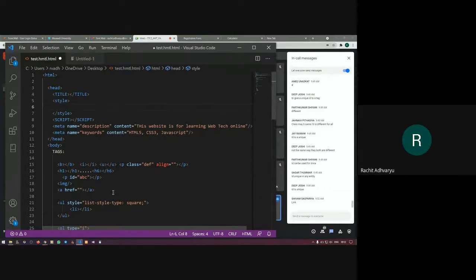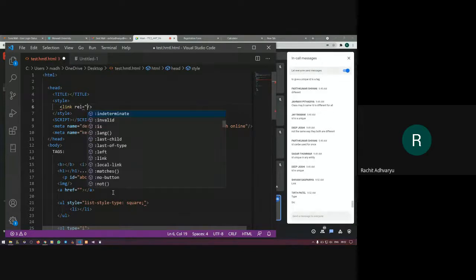Give me the complete syntax of linking a CSS page to a web page. Link rel equals stylesheet.